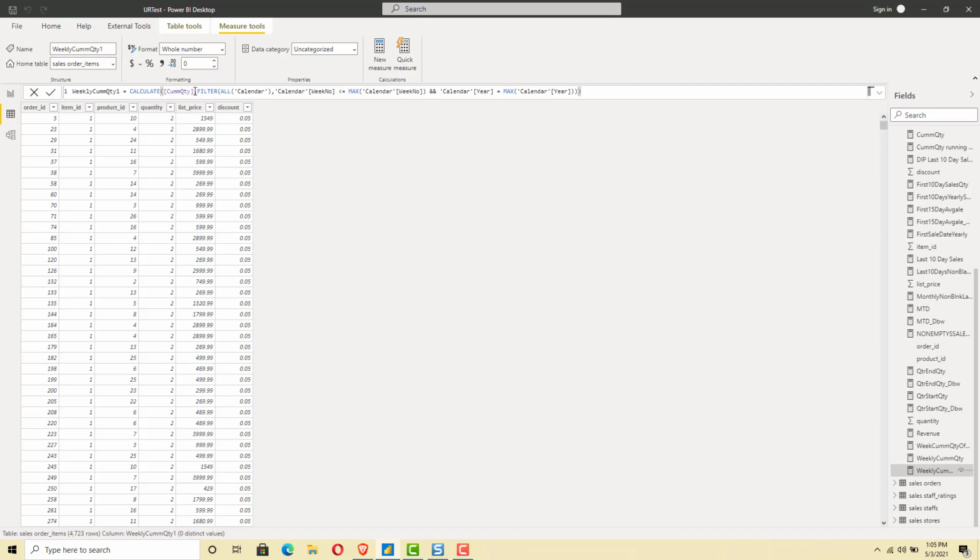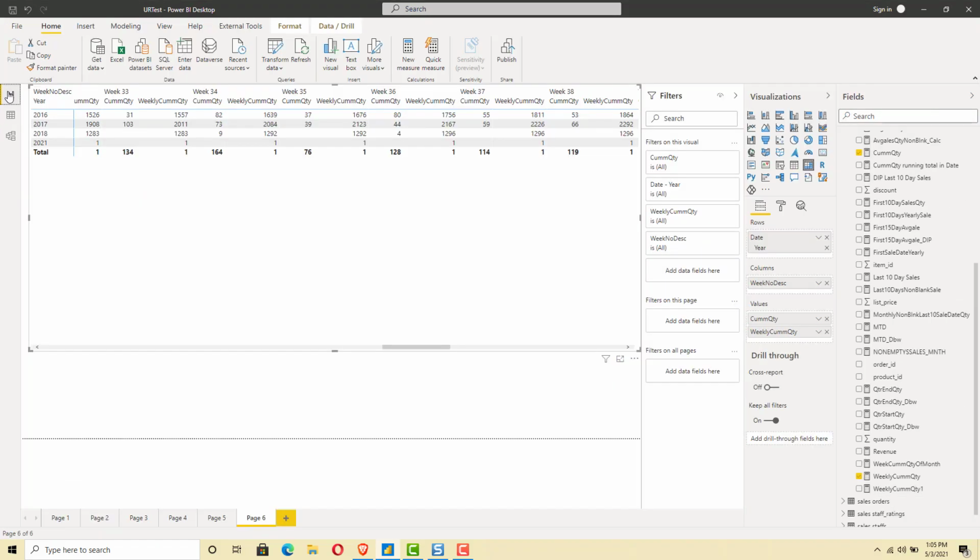Here we only have to compare year equal to year, because we are doing it at the year level, and then again the same condition, week number less than or equal to the current year's week number. So it will add all the data from the start of the year till the completed current week.